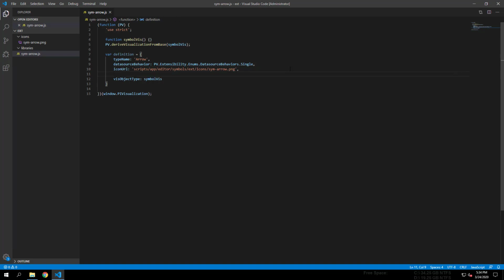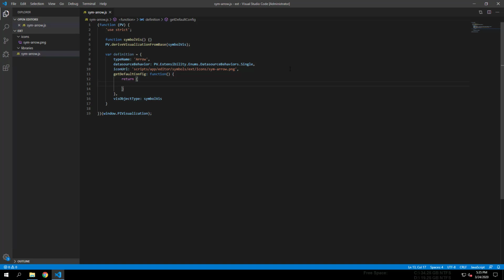Lastly, I'll be specifying the getDefaultConfig method. This method returns an object where each property is a configuration item that we want to persist in the SQL backend for the symbol. The values of these properties are default values of the configuration items. It is convention that each of these properties' names start with an uppercase letter. Some property names are recognized by the PyVision extensibility framework, but the developer can also specify new properties to use internally within your symbol and/or to expose to the user through the configuration pane. For more information, please refer to the PyVision Extensibility Guide.